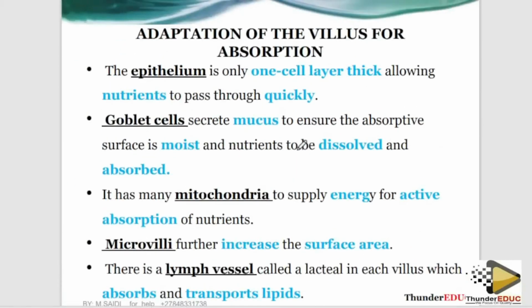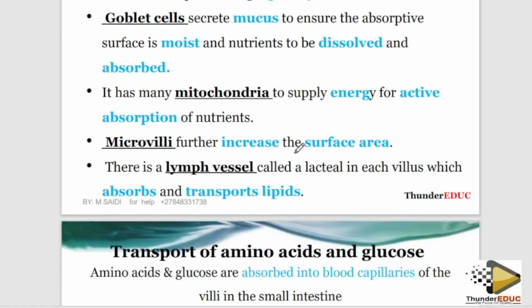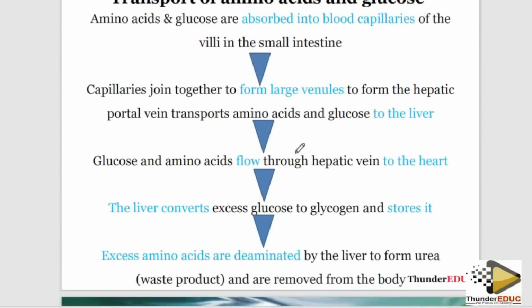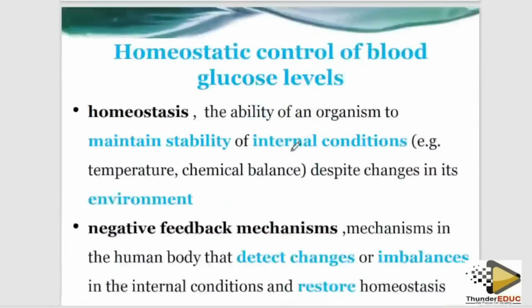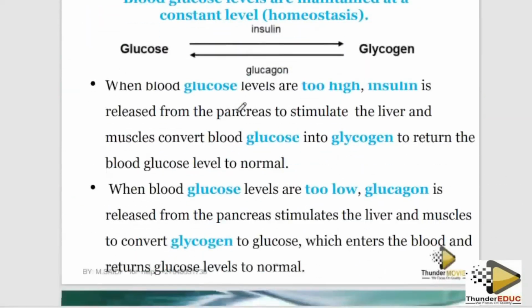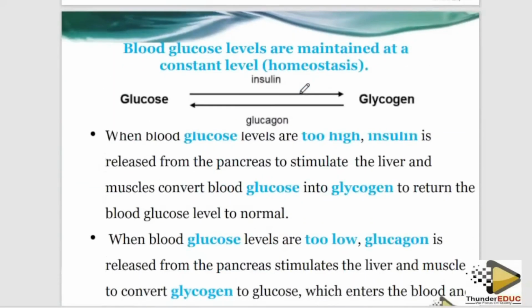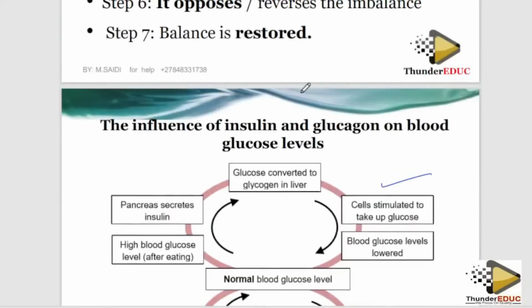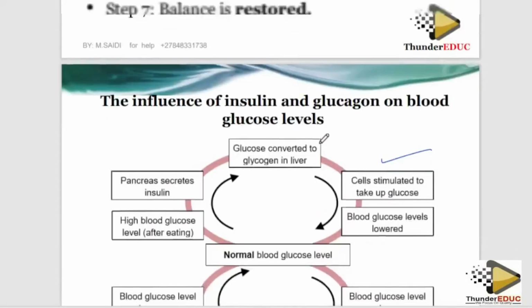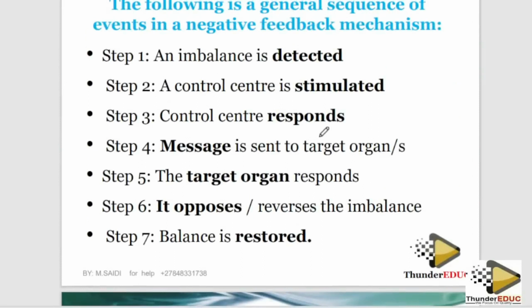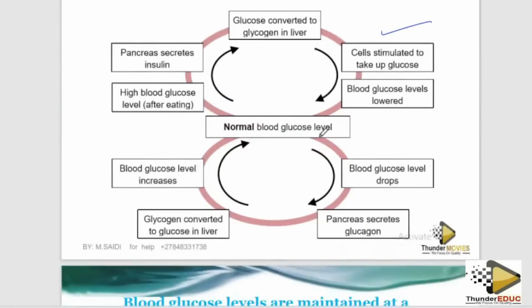Goblet cells, yes. Goblet cells are cells which secrete mucus. Yes. So basically, they bring this so that there is protection. And yes, I said this. Please go when you know it. The negative feedback mechanism, keeping the internal environment constant, we call it homeostasis. Yes, and then when you talk about the negative feedback mechanism